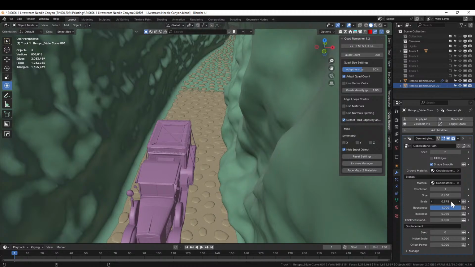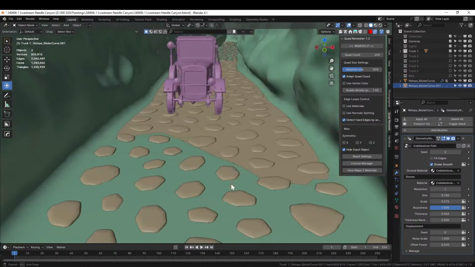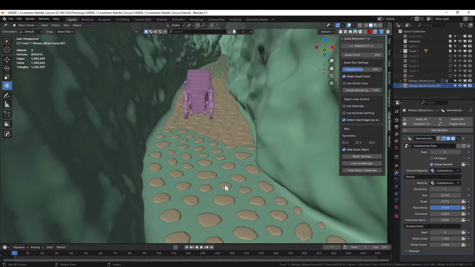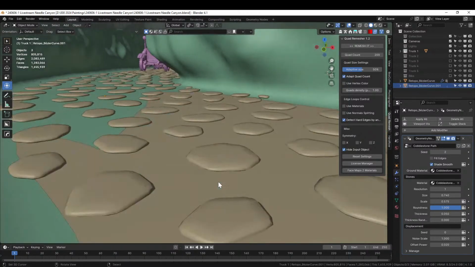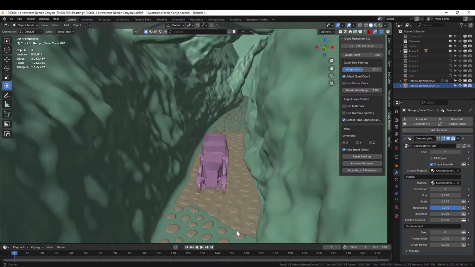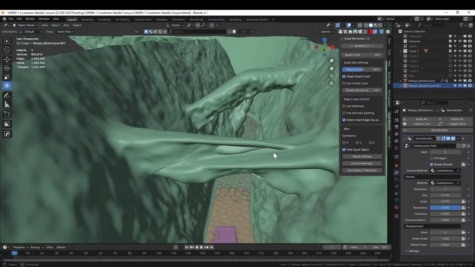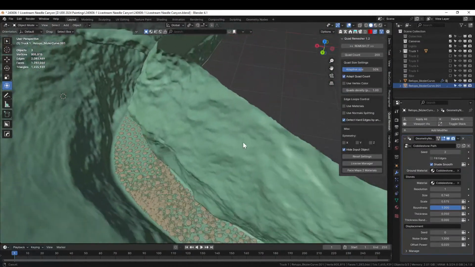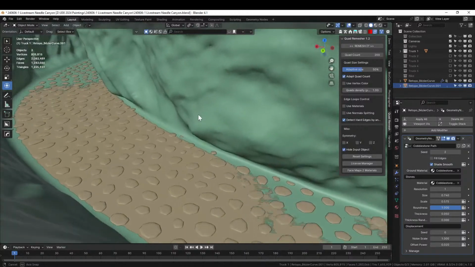Again, fewer. Size. Again, bigger. Something like that. How do we feel about it? I don't know if I'm loving it yet. It's an idea, but